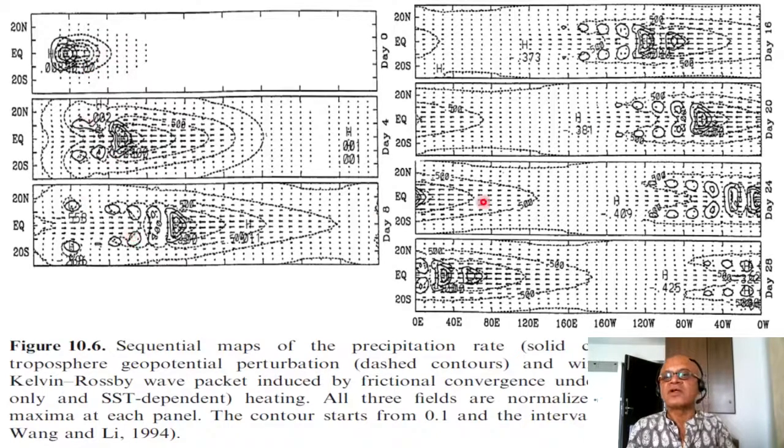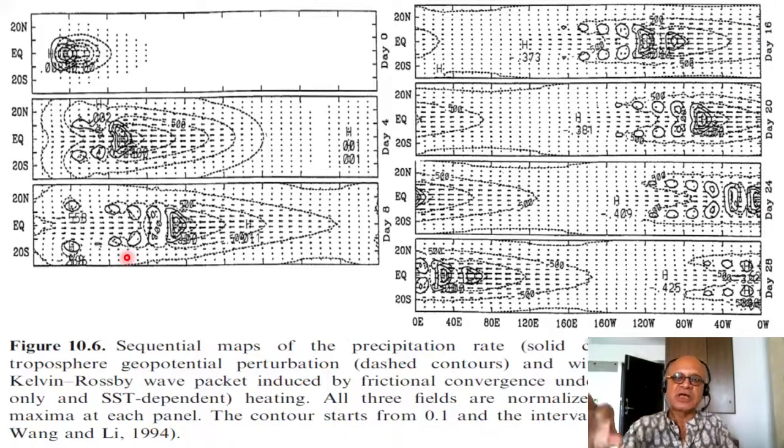So everywhere there are small scale solid contours because precipitation tends to be small scale, and then you have the planetary scale geopotential perturbations, and all three fields are normalized by the respective maxima in each panel. The contours start from 0.1 and interval of 0.2. The main point is we are looking here at day 0, 4, 8, 16, 20, 24, and 28 after the